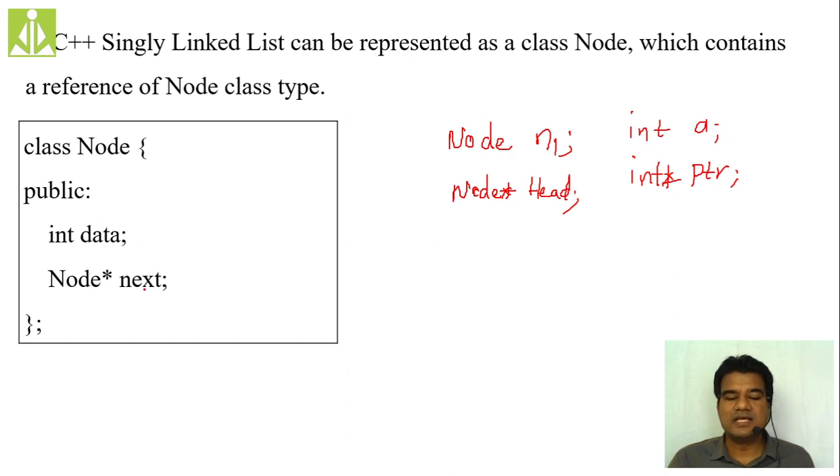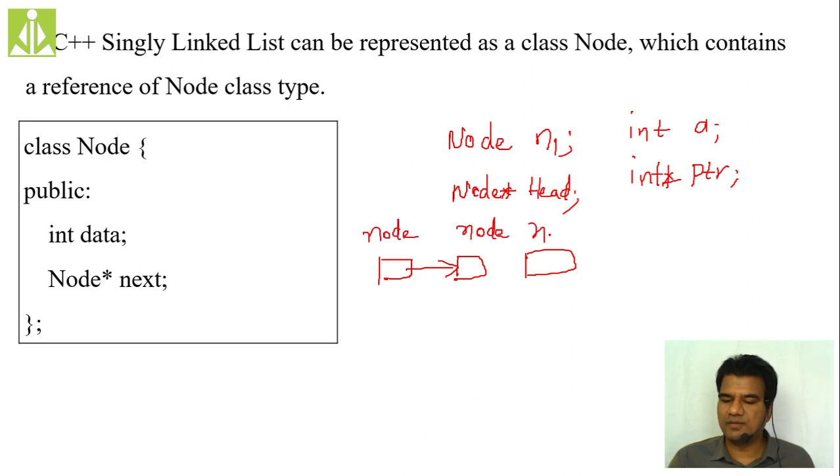So whenever we are creating this next variable, because this next is going to point to another node which is of type node only, to store that address of another node, we need a node pointer next. So in that way, in your linked list, when you are linking the nodes, this first node is of type node. This second node is of type node. This third node is of type node.